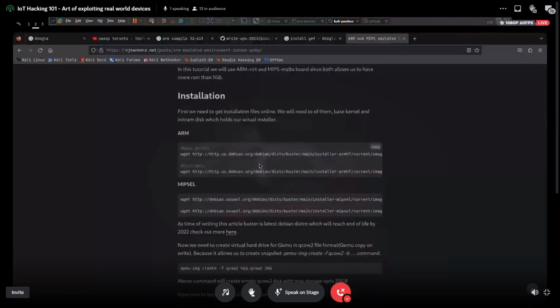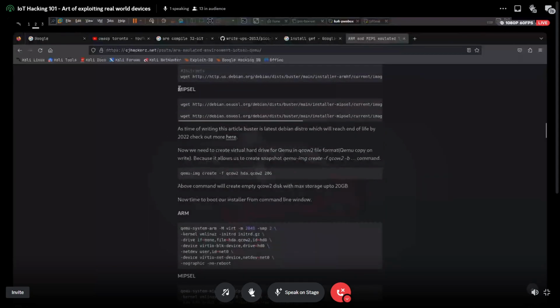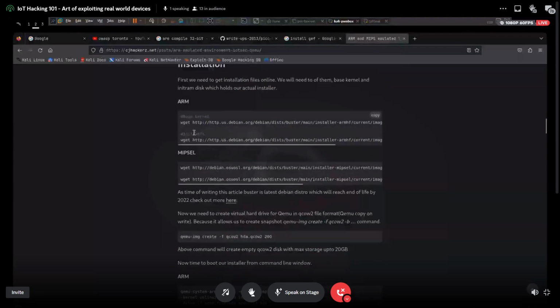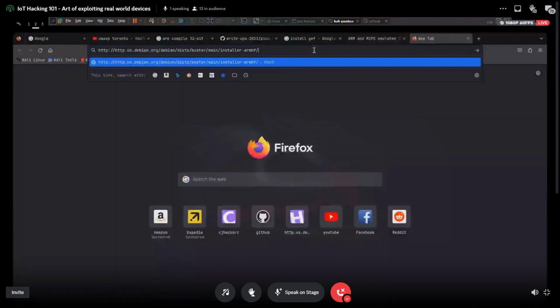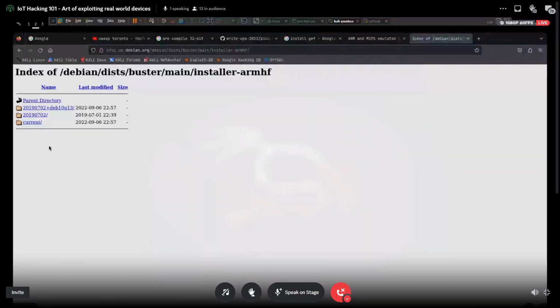Once you do that, we have to get two things from the Debian servers. If you are working with ARM, you will work with these links to set up an ARM-based emulator. If you want to set up a MIPS-based emulator, you are going to work with these other links. Let's open this.